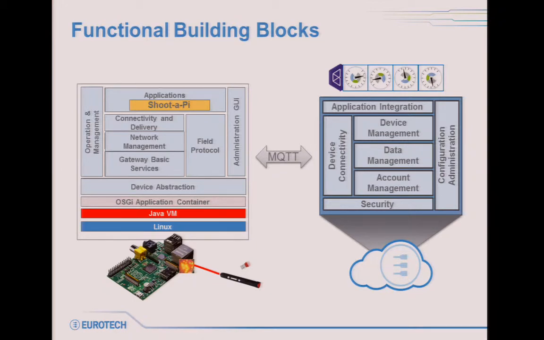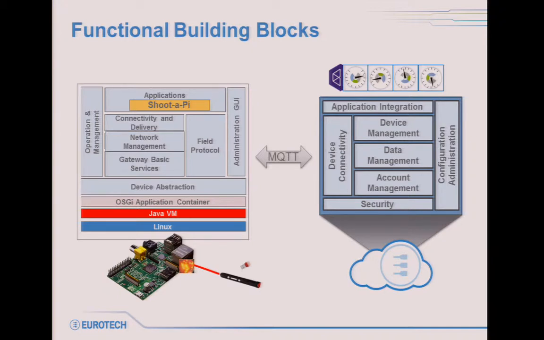And the software layers on the Raspberry Pi are the other ones that you see. So on top of the OSGi container, we have the device abstraction layer that decouples the physical hardware, pins and ports, etc., from the above layers. And every single hardware functionality is here exposed as a Java API to the above layers. So that's why the skills that you need are those of a Java programmer, not necessarily of an embedded programmer knowing how to cope with the session and with the hardware.